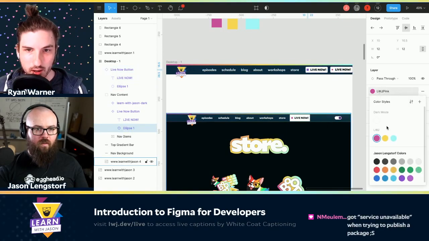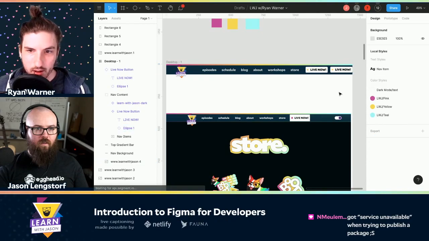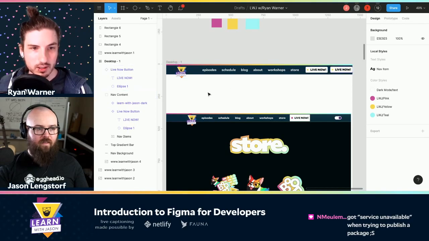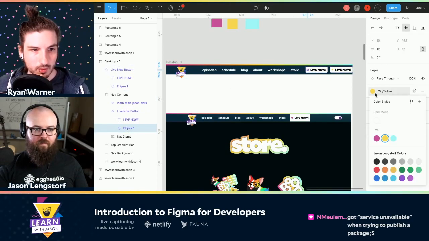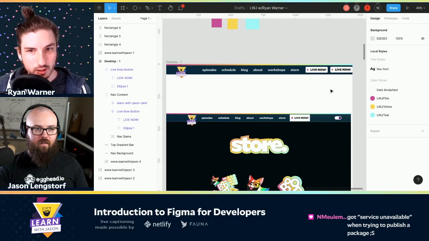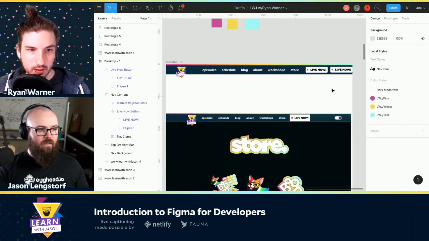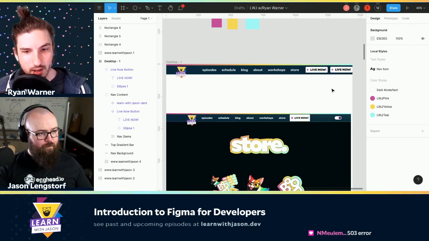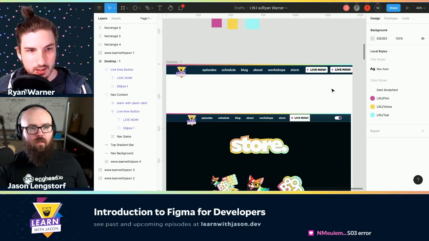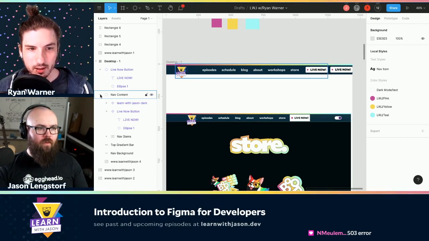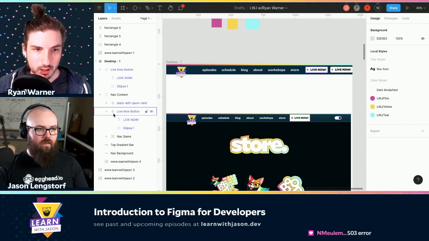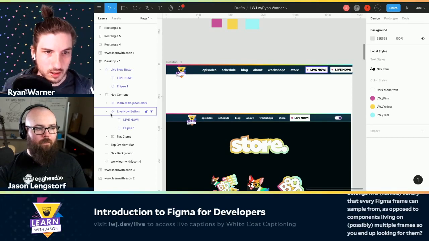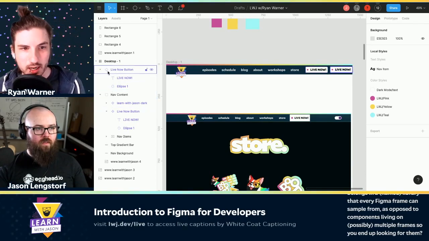So if we change the color of, look at it go. It's propagating to all of our instances. That's awesome. So it does work a little bit different than in code, in that there is a master component and then instances of that master. And we can see which one is the master by the little icon next to it in the layers palette. So we've got those 4 diamonds, and then the copy is just one big empty diamond.